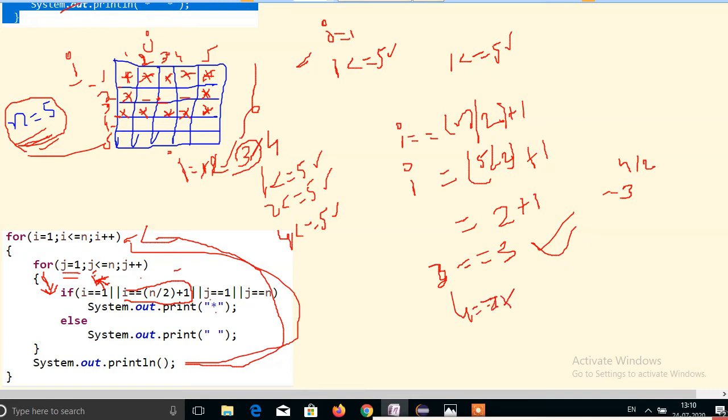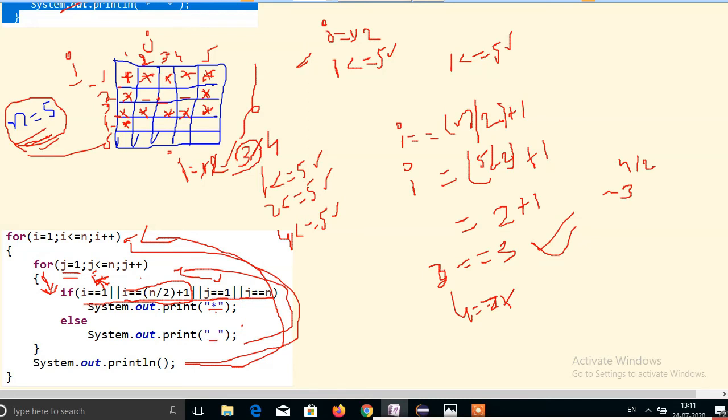Then j double equal to 1 is true, so it prints a star at this position. Then j is incremented by 1, so j is 2, and all the conditions will be false.